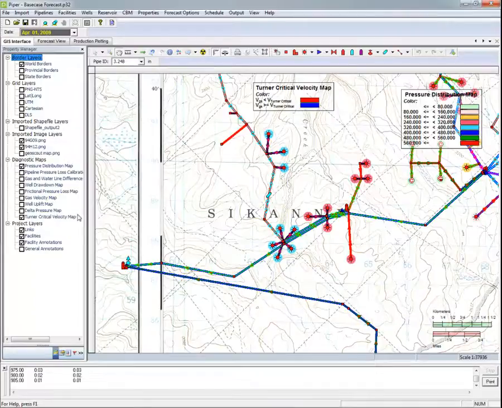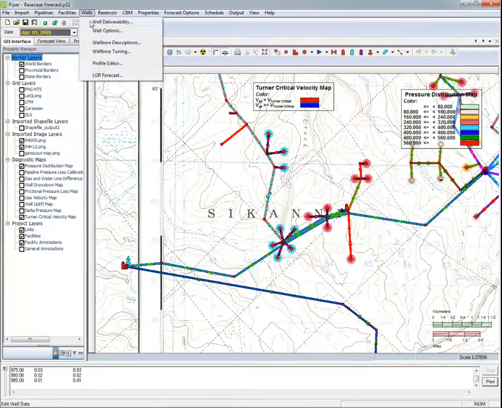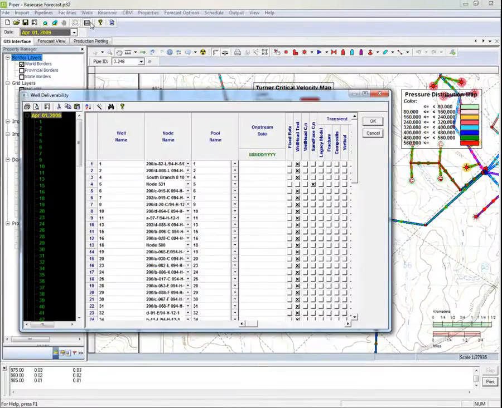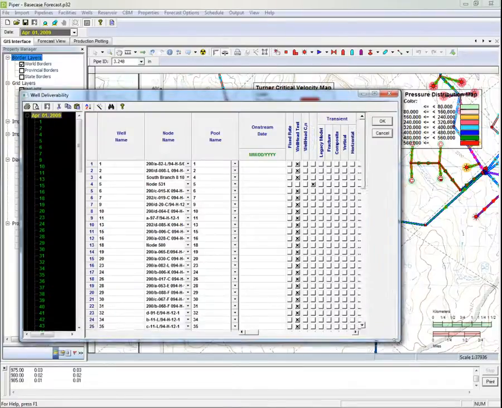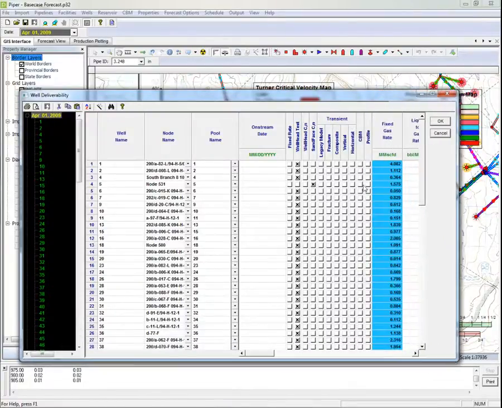Now, another piece of information that's going to be really important is the reservoir model or reservoir description. Piper has a number of different ways to model well deliverability. So we're not requiring you to do a complete complex model if all you want to do is a quick, simple model. But we allow you to go through to build very complex transient analytical models like a fracture model, a composite model,